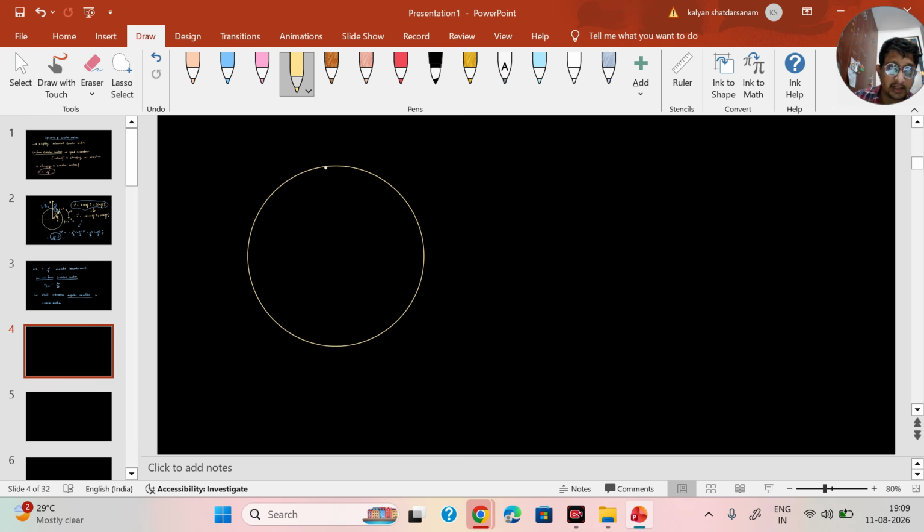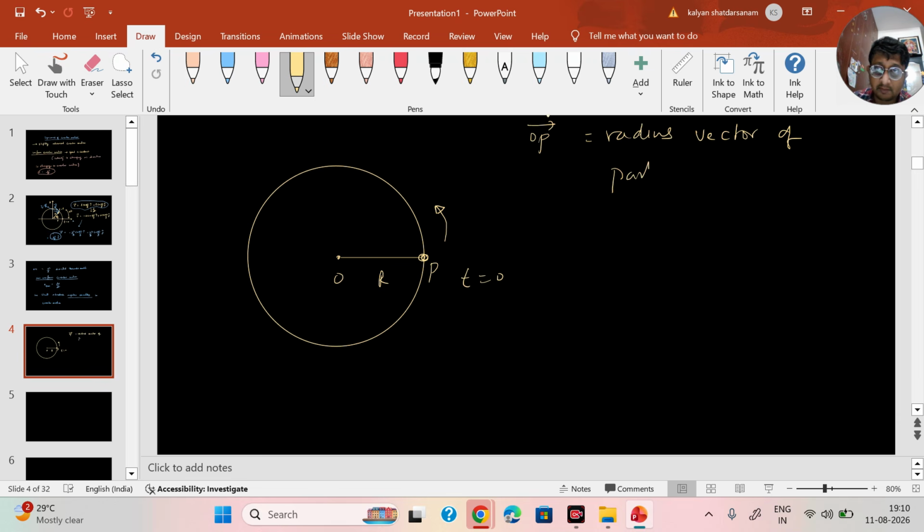So there is an object going in a circle. This is the center of the circle, and originally the object was here at t equal to 0, radius is r. I'll call this point P. The object is going in anti-clockwise direction. Now this OP, I can call the radius vector of the particle which is moving in circle. So when the particle comes here, the radius vector